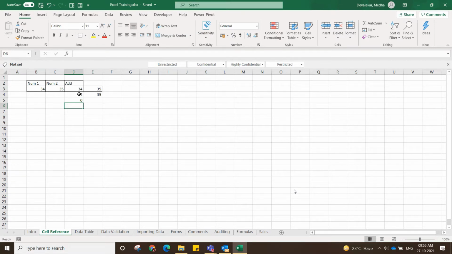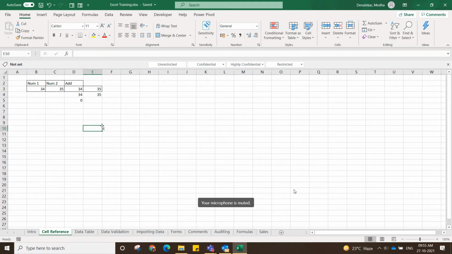So now you know how you can make a constant column reference or a row reference. While you are dragging the formula, you can understand how it will work. It will keep your B3 constant, or only B constant, or only 3 constant, and keep changing the next thing. We will see it later at the end. Maybe I can give you something as an assignment where you can use it.